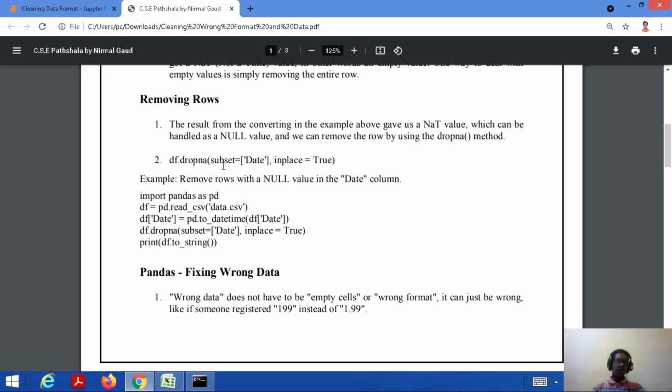The method which we are using here is dropna, and the subset of date will be taken since that particular row will be dropped, and inplace equal to True means obviously we are doing it on the same data frame, that is the existing original data frame. So let's consider an example where we need to remove the rows with a null value in a date column.